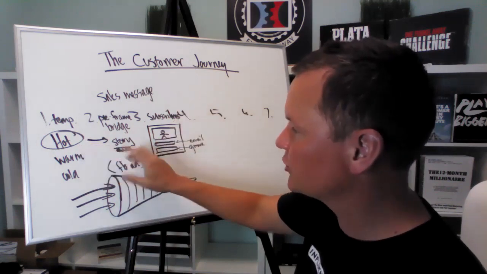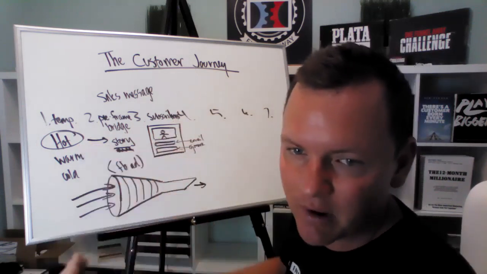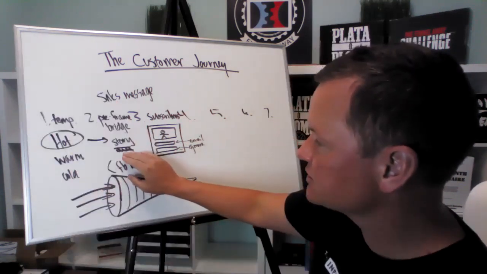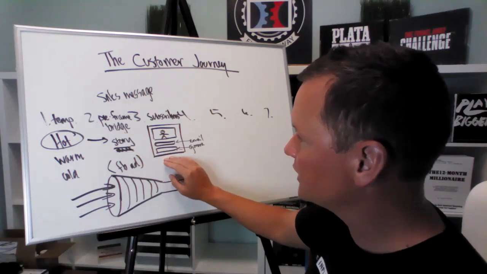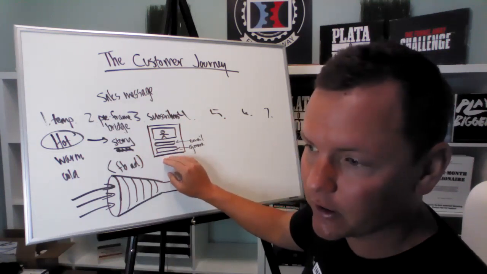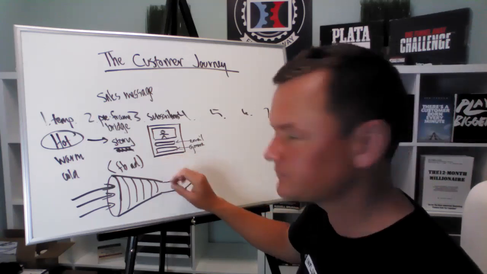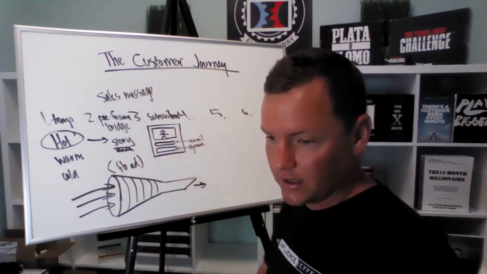I'm telling them a great story, small gap. They just got to take a step off a curb. It's not the 80-foot cliff. It's just that step off a curb. It's a small story. Then they'll click on, say, my landing page. Well, I want to know, if you'll come to my landing page, will you give me your email address? All right, so I want to qualify my subscriber.